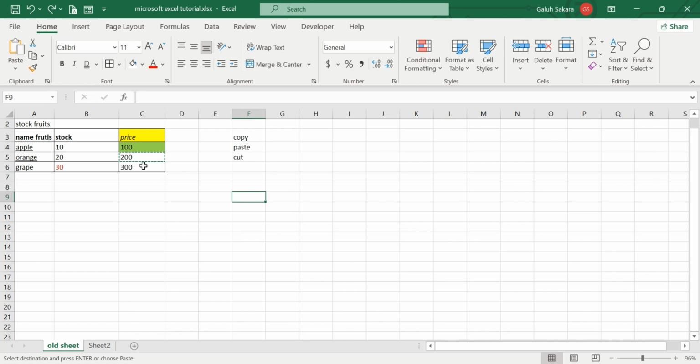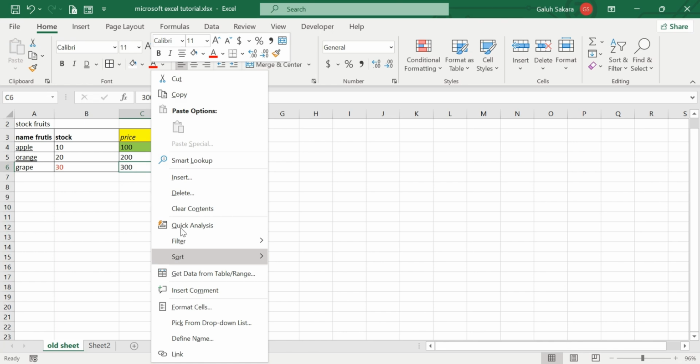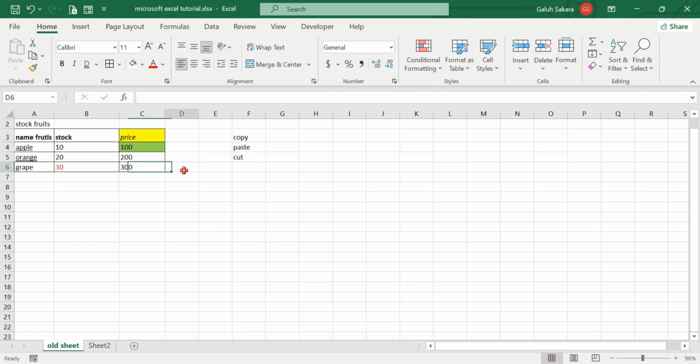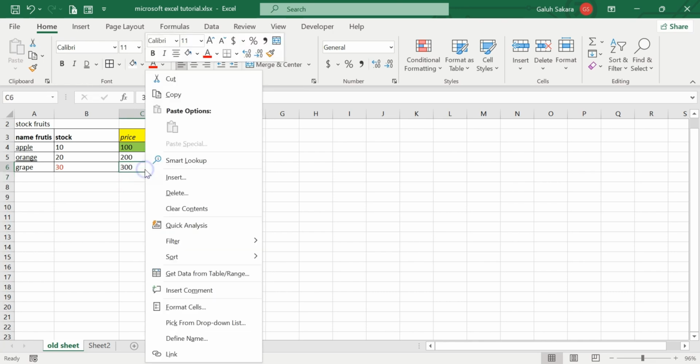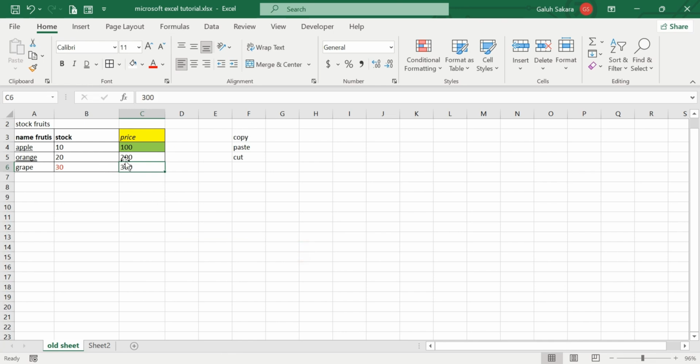Okay, that's a shortcut for copying and pasting. To copy the cells or the text, you just need to press Ctrl plus C. Then to paste, you just need to press Ctrl plus V. And then the third is the cut function. It is used to move the data. It's different from copy because cut means that you